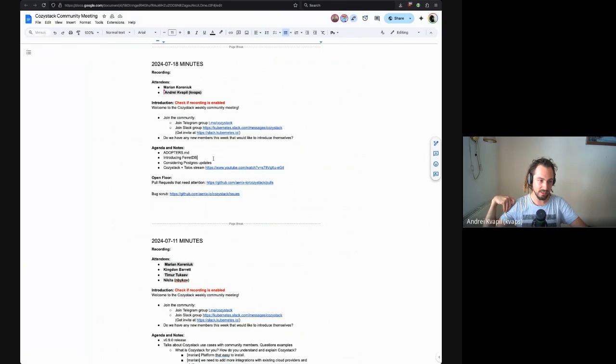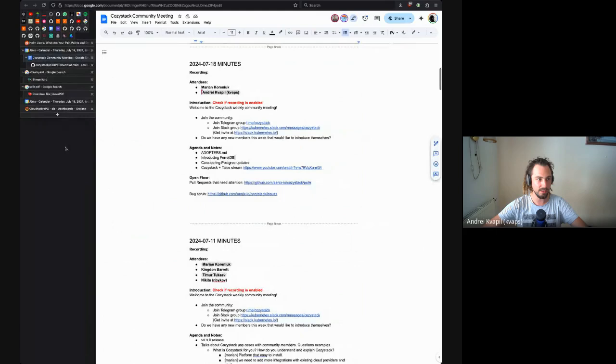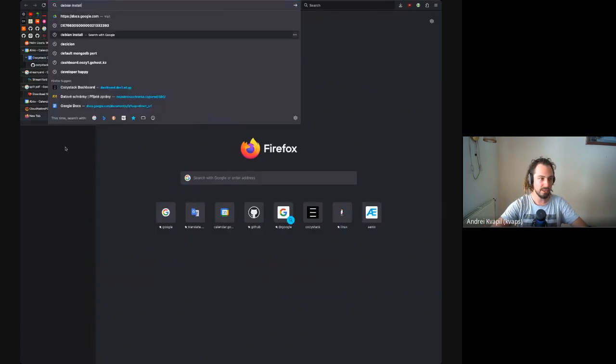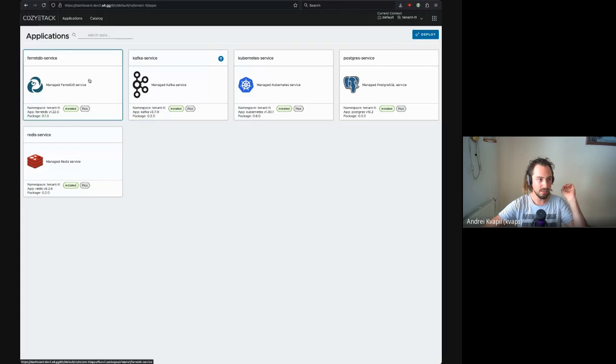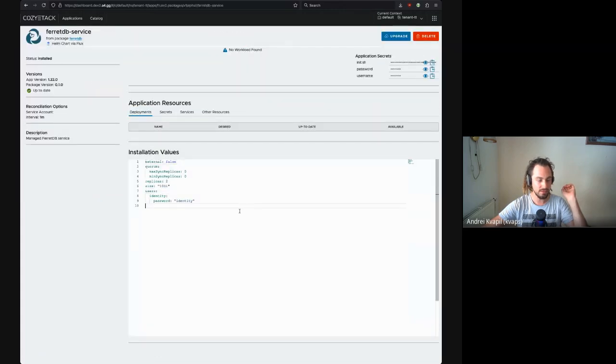The next topic is introducing FerretDB. I just wanted to say that we added FerretDB into Cozystack. It is not released yet, but this is how it looks. FerretDB is a free alternative to MongoDB. In comparison with MongoDB, it can be used for free under the Apache 2 license, while MongoDB is licensed under BSL, and we can't simply adopt it due to